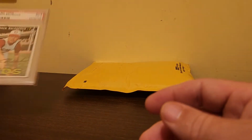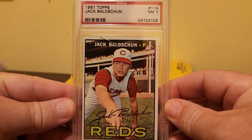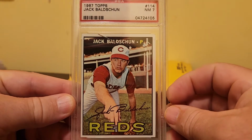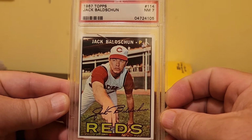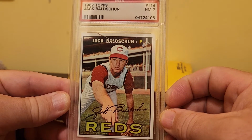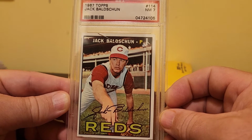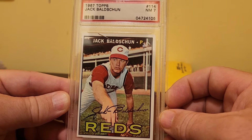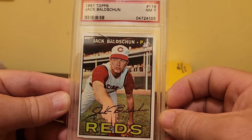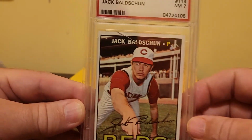One more pickup here recently. This is a 1967 Jack Baldschun. Jack came to the Reds in 1967. He was part of the Frank Robinson trade. Him, Milt Pappas, and Dick Simpson were received from the Orioles in exchange for Frank Robinson. Here's the thing about this card. While I really dig the card, when I purchased it